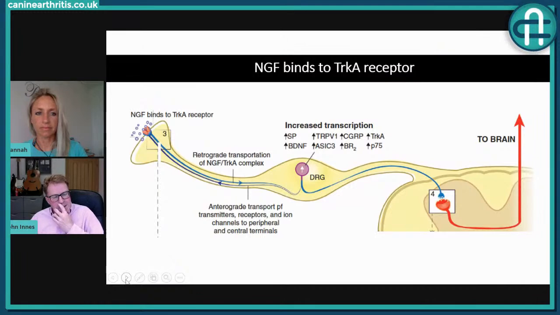So nerve growth factor, when it binds to a nerve ending in the joint capsule, because that's where we sense pain in the joint. It's in the joint capsule, there's no nerve endings in the cartilage. It binds to that nerve ending, binds to its receptor, and that complex of receptor and the NGF is transported up the nerve to the cell body of the nerve towards the spinal cord, and then that induces changes in the cell body, which then sends transmitters back down to the nerve ending, but also into the spinal cord, and changes the transmission of neurons or nerve cells within the spinal cord.